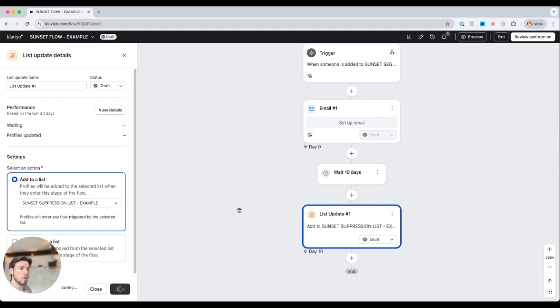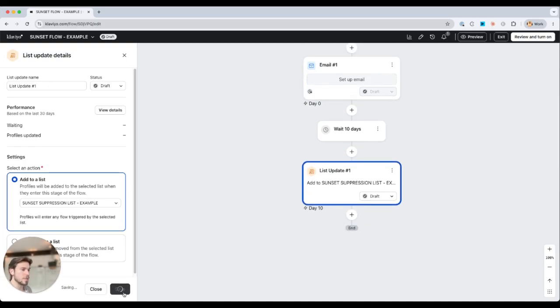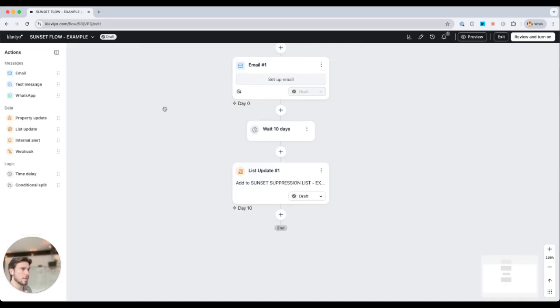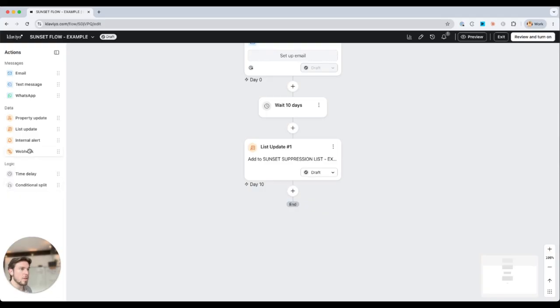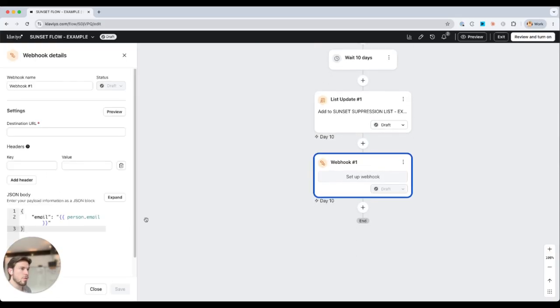And if necessary, you can always unsuppress those people. So once that's all done here, it's taking a second to load. Then you are going to do a webhook. So the webhook is basically going to be from your Klaviyo account to your Klaviyo account. And it's going to say, hey, take this profile and then push it into this suppression. Okay? So the first thing that we're going to do is go ahead and update this